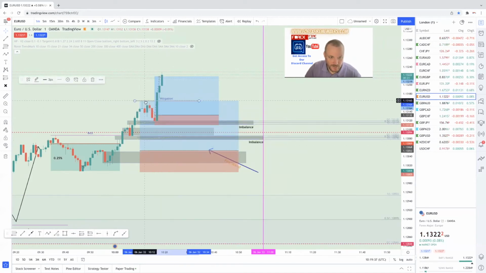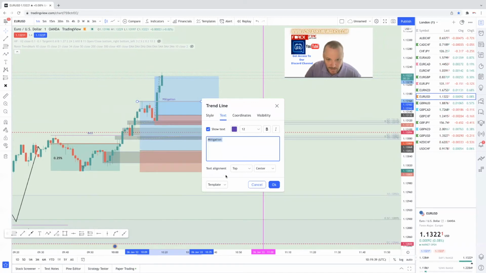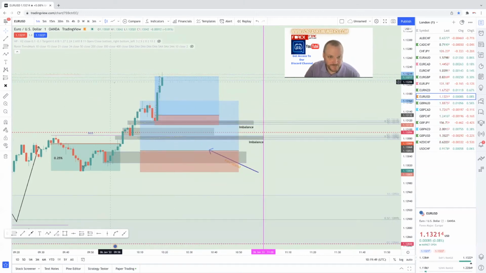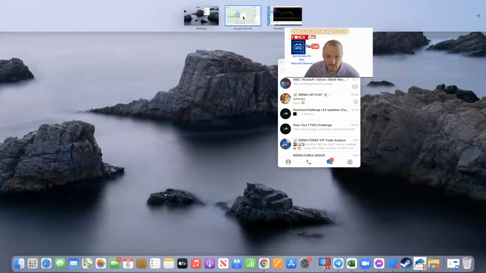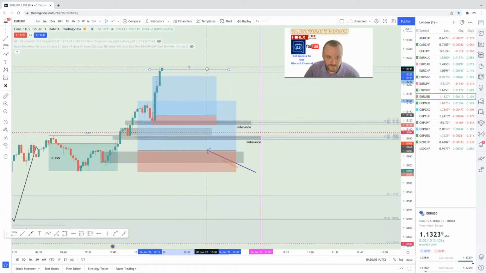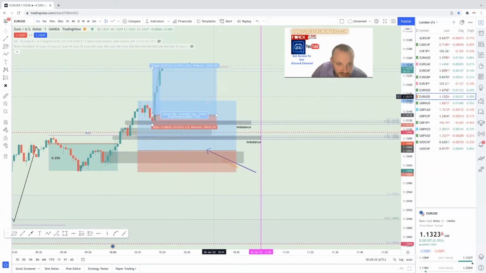Mitigation. Let's have a look, see where we are. Not mitigation. I haven't got it set up. I haven't got it set on there. So just get rid of that. So at the moment, buy side liquidity is residing on the higher side. Right there. And again, as price keeps moving up until we start getting a structured